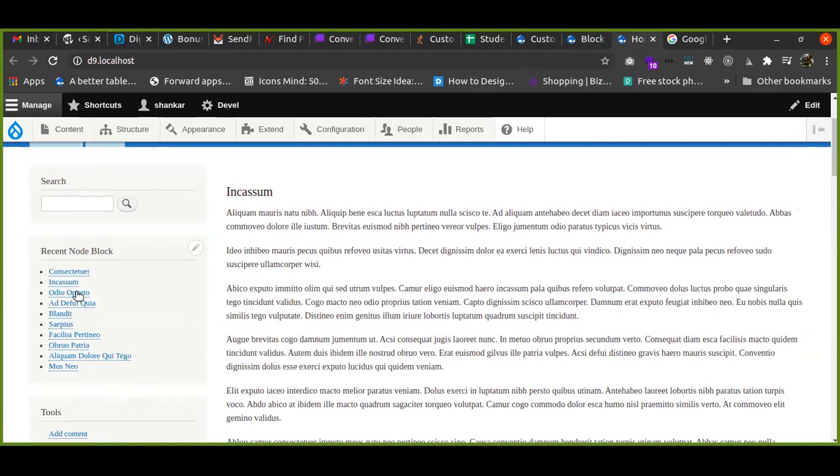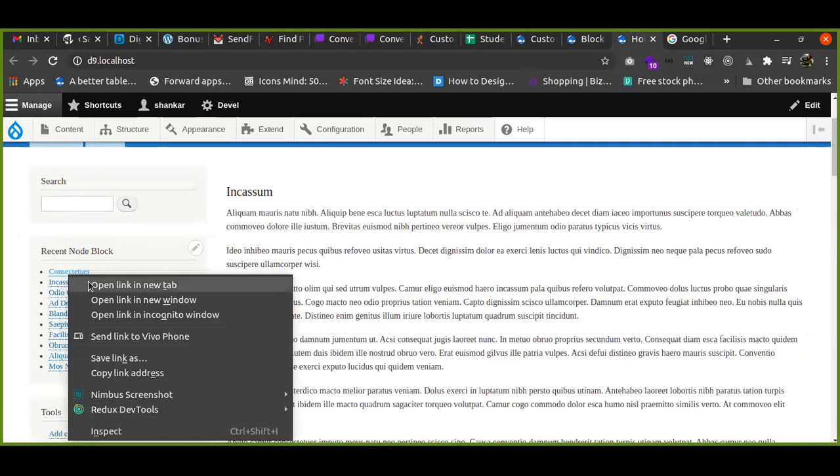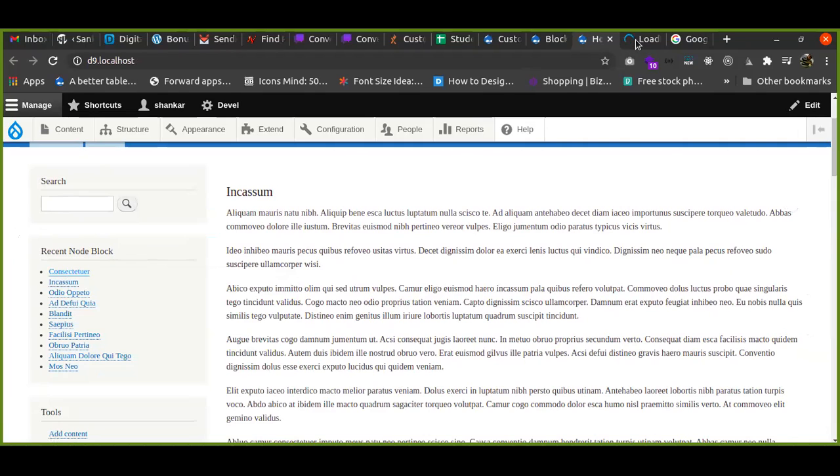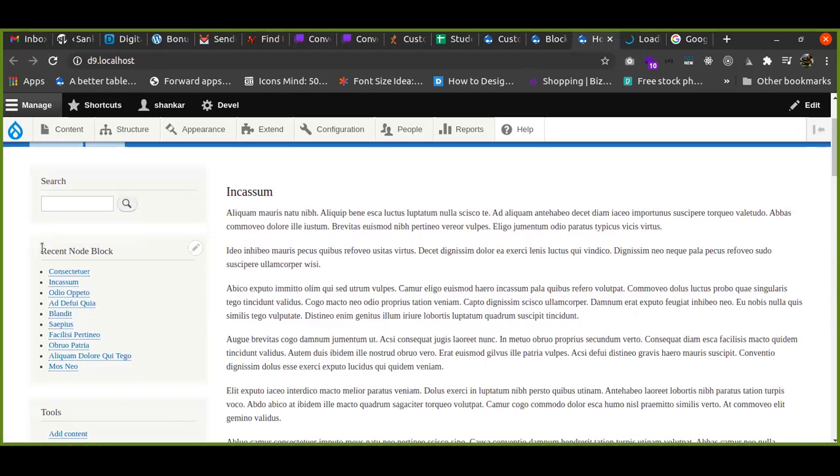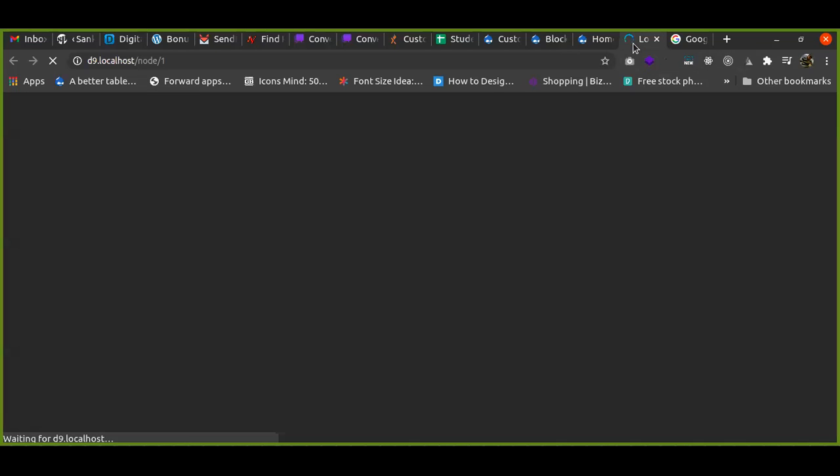Here I have listed all the nodes. When I click on a node, let me open it in a new tab. I am able to see the node. For demo purposes, I am showing these recent node blocks. The top node will come over here. I am just opening this node, right? This is how you can construct the block as per your requirement. I hope you are clear on this.